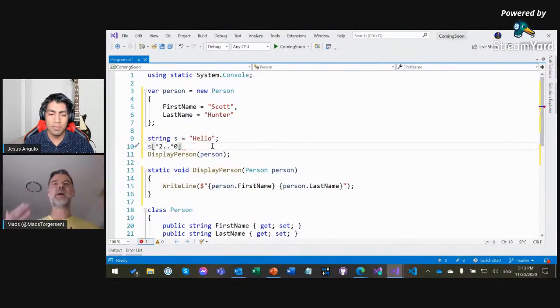And that's something that was very inspired by what you can do in Python when you work with arrays and